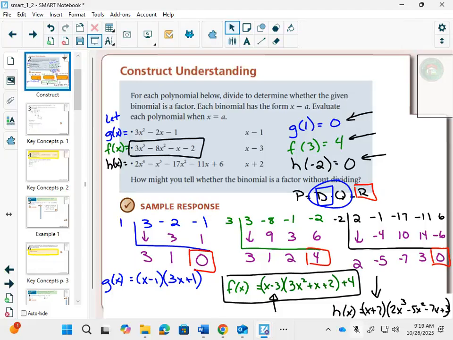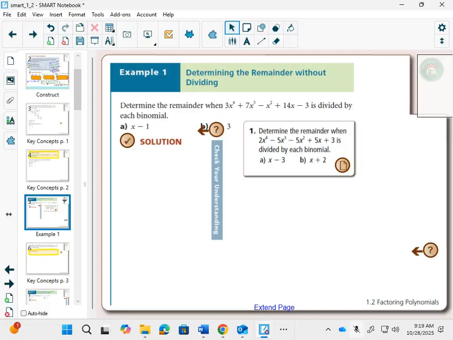Now these remainder and factor theorems are going to be really, really important, because by the end of the day, we're going to learn how to factor something like the black one completely. Up till now, the blue one is probably the most complicated factoring you've done, quadratics. But now we're going to add cubes, and we're going to add powers of 4, and figure out how to factor these completely. So if we go to example 1,